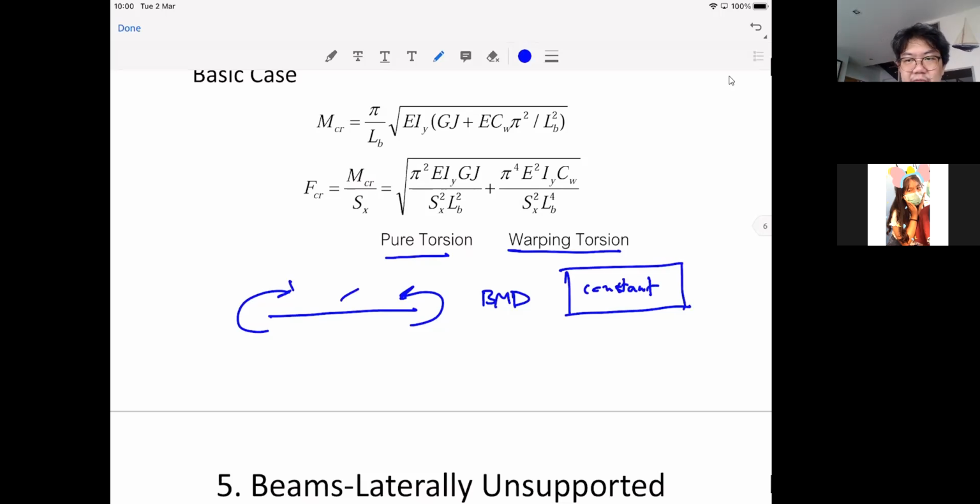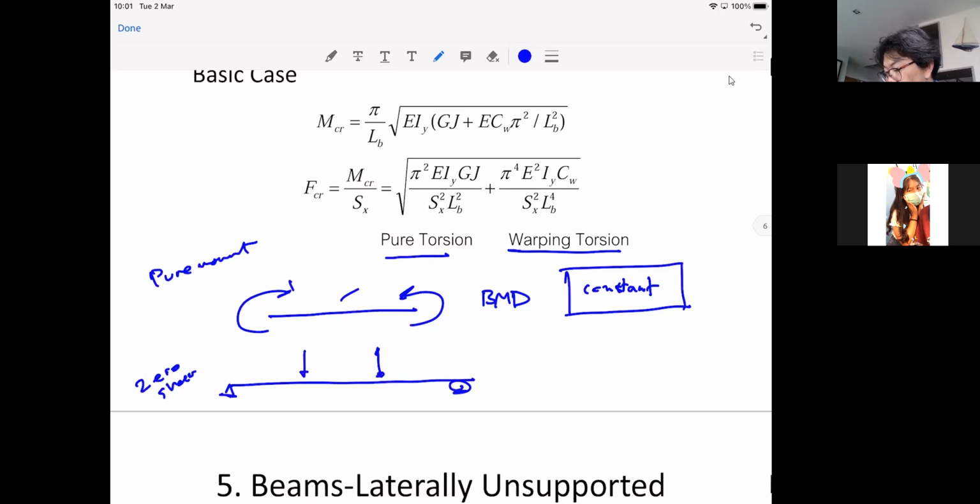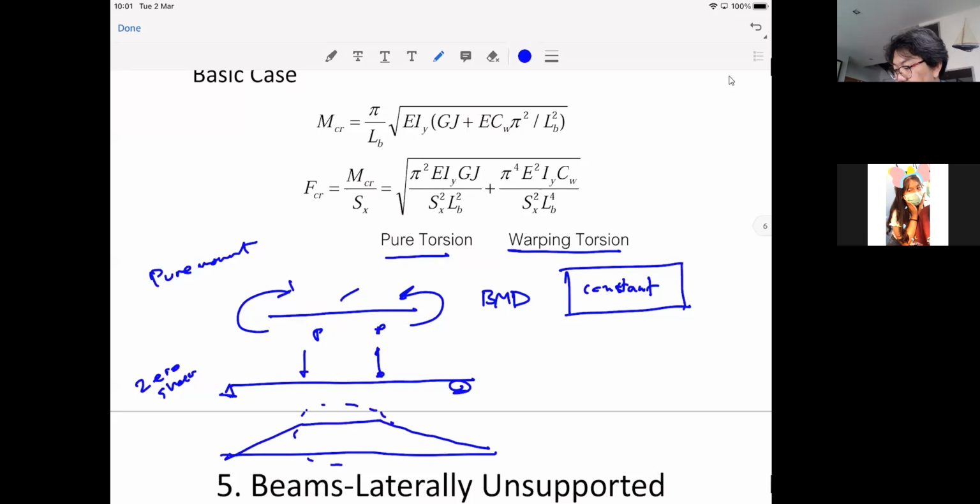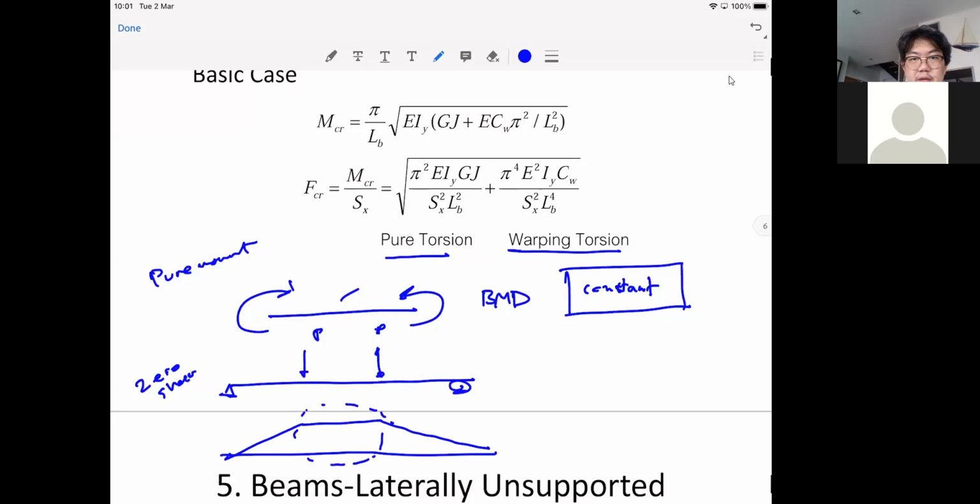First is when you have the free body diagram like that, or second, when you have a free body diagram like that, but the first is more like you have the pure moment applied. The second case is when you have zero shear. Like I can draw the beam like this, and if I apply force like that, your bending moment diagram will be like this. So that is when you can have the constant moment as well,